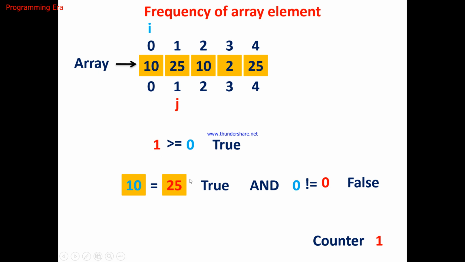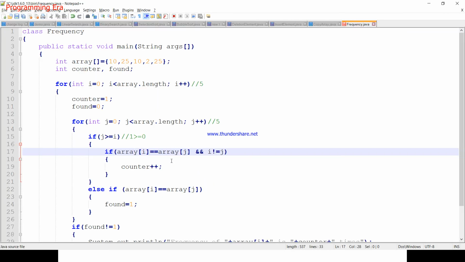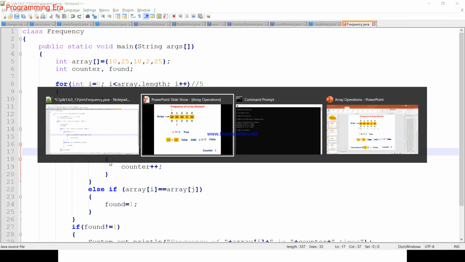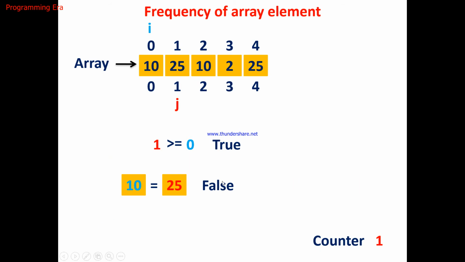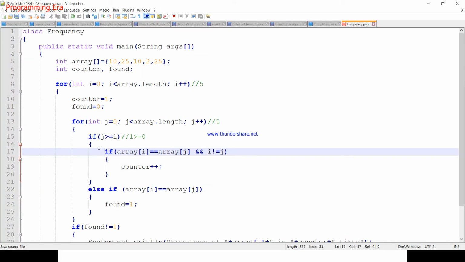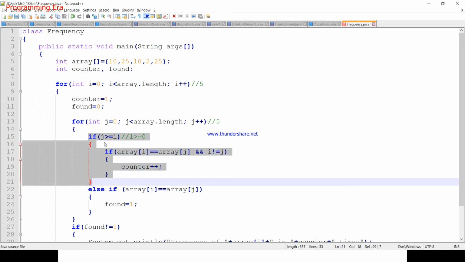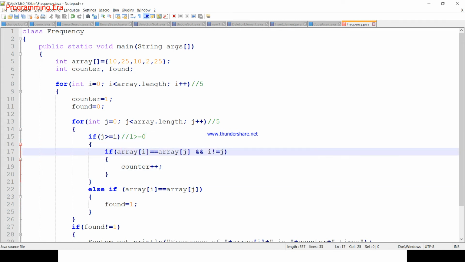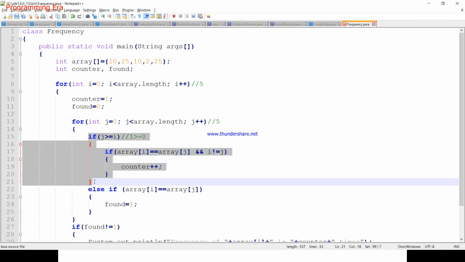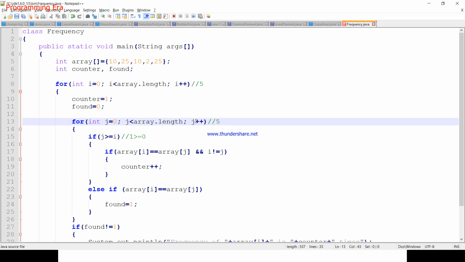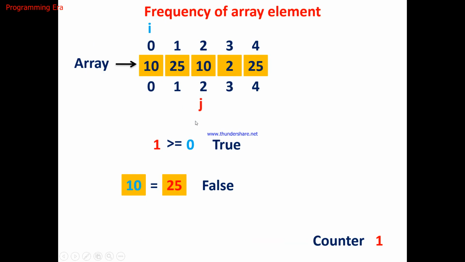This condition is false. As soon as this condition becomes false, we automatically skip this part. So again, this entire block becomes useless because this condition is true but this condition is false, and j will increase once again.